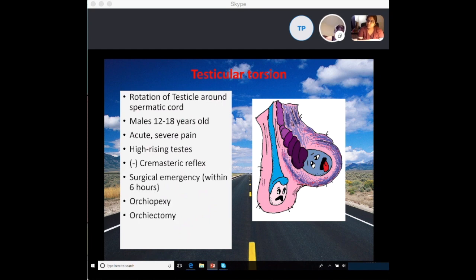Anyways, the important thing to remember here is that testicular torsion is a surgical emergency. It needs to be corrected within 6 hours, or the only option is to perform orchiectomy. Orchiectomy is removal of the testes, but orchiopexy, which is a permanent fixation of the testes to the base of the scrotum, is performed sometimes bilaterally, because if you do have a patient that has a prematurely ascending scrotum back up in through the